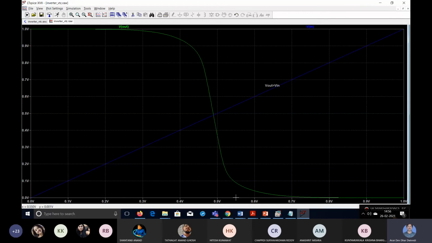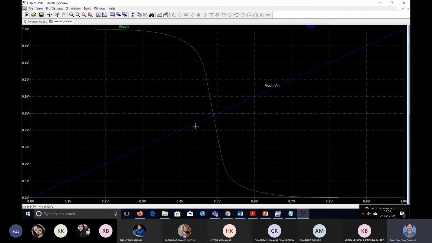VIL and VIH are important parameters. Below VIL the gain is less than 1, and above VIH the gain is also less than 1. But if you are between VIL and VIH, gain is more than 1, because in this region it is switching very fast. It is switching very fast means the output is changing very fast with input voltage. So this region is not useful for digital application, but for amplification it is possible to use.